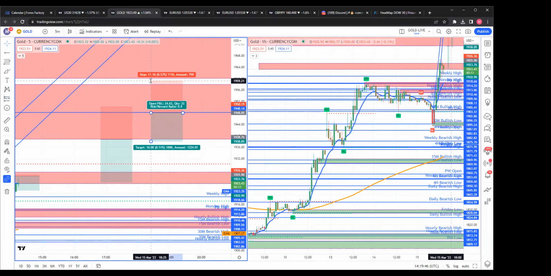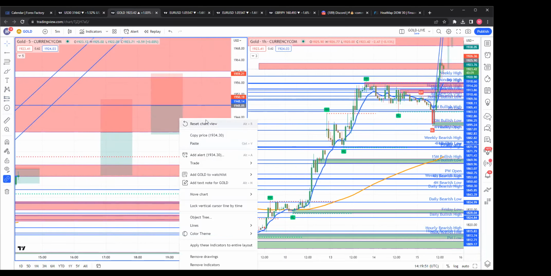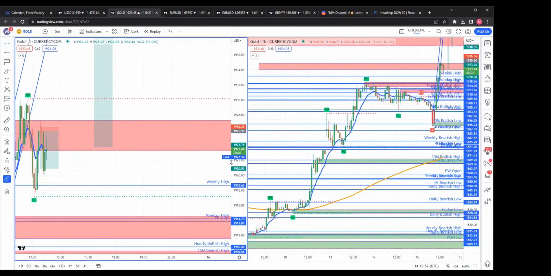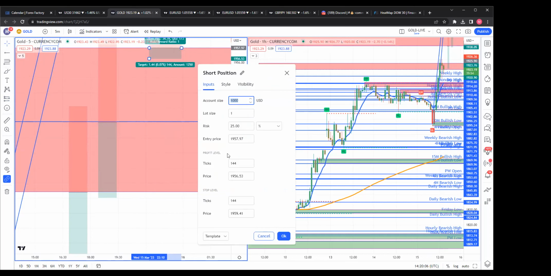You want to survive till the top of that zone. Then the next sell on gold would be... So remember, we are still bullish on gold, or I'm still bullish on gold. The next sell would be at 1958 area. So remember, for gold, in order to avoid not getting filled in by slippage,